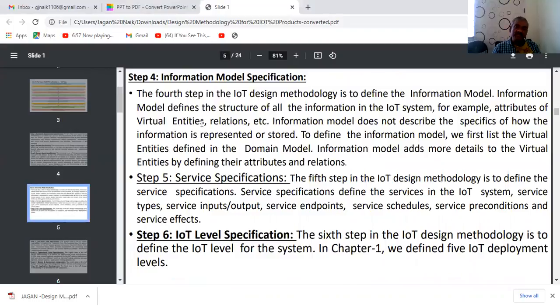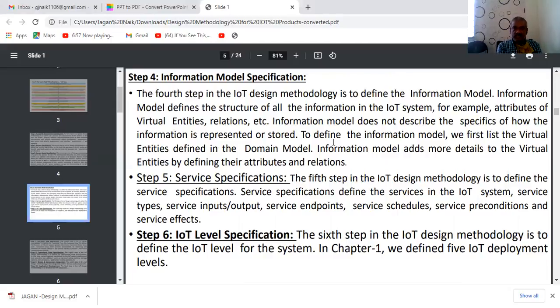Next step is information model specification. In this step, we are going to be defining the information model in terms of the structure of all information in the IoT system, and where the entities are, such as virtual entities or relations. The information model does not describe the specification of how the information is represented or stored.